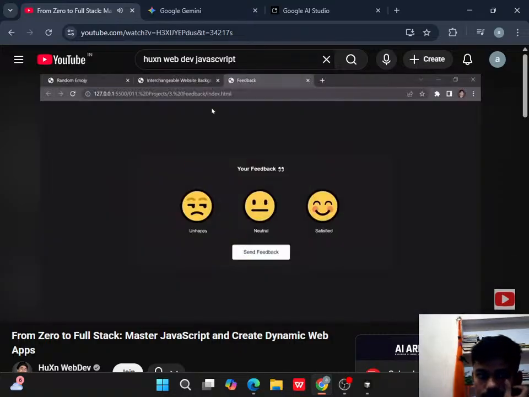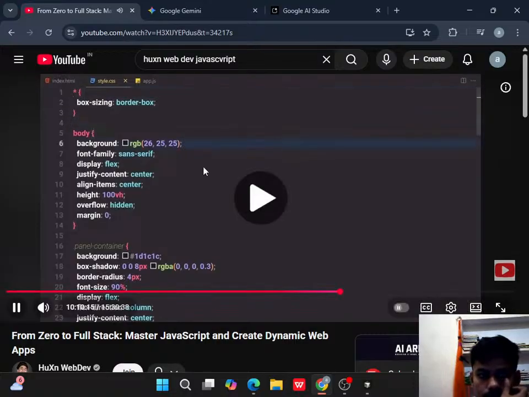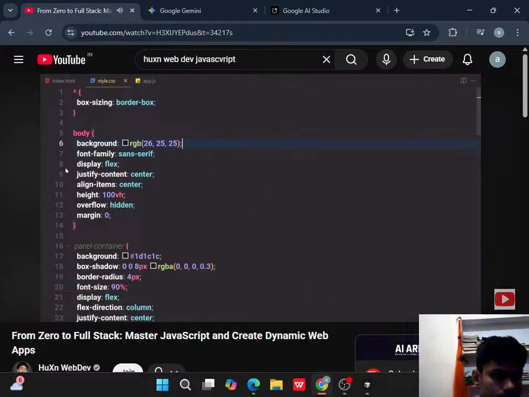And then we have a style sheet. So we have, first of all, a reset, then we have a body. We just change the color to kind of a blackish blue color. Then we have a font family of sans serif, and we